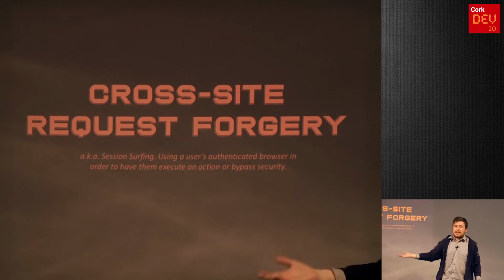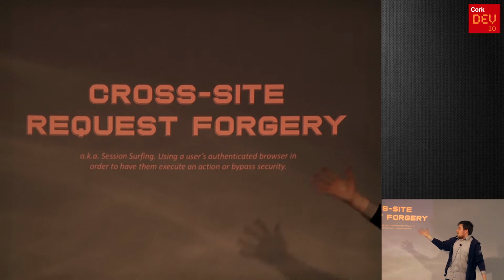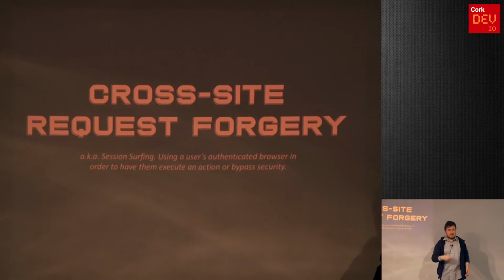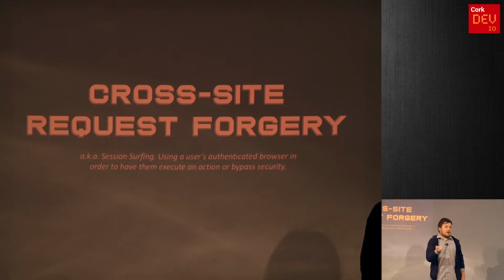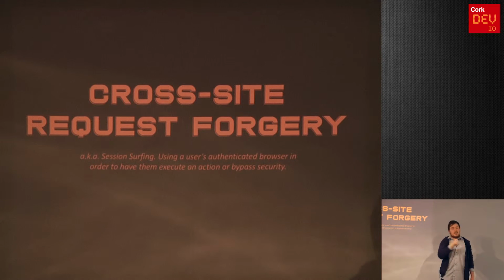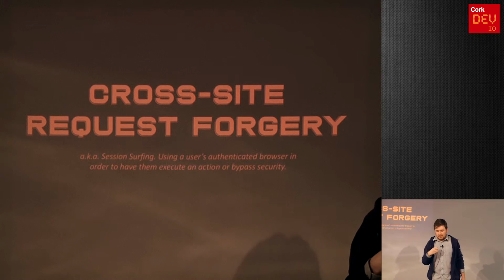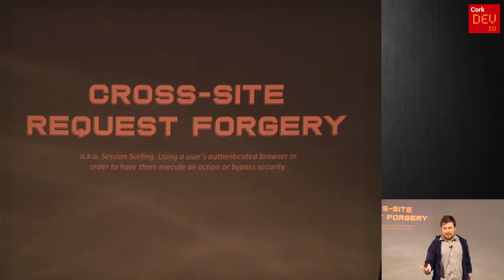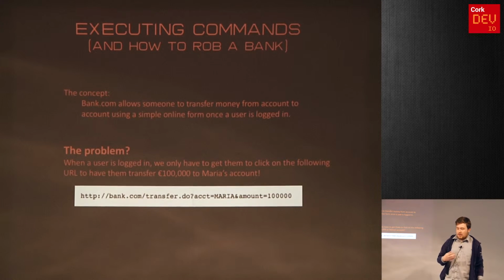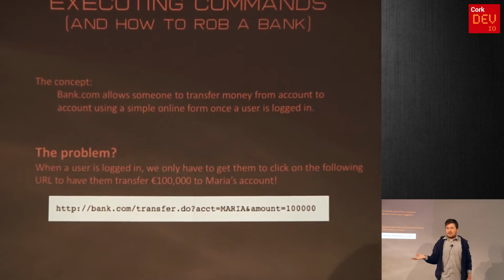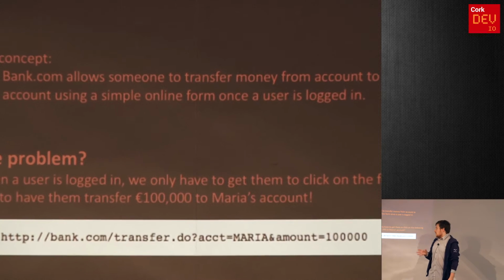And then finally, I'm sure you're all very happy to hear, is cross-site request forgery, also known as session surfing, C-surfing. It has a host of different names, and everyone calls it something different. Everyone feels it's something different. What it essentially is, is you're using someone's logged-in session to perform an action on their behalf that they don't want to do. So again, I'll go back to the bank metaphor. If your bank allowed you to transfer money in a very vulnerable way,